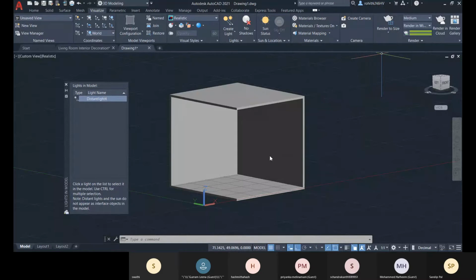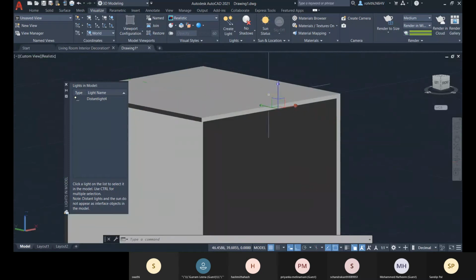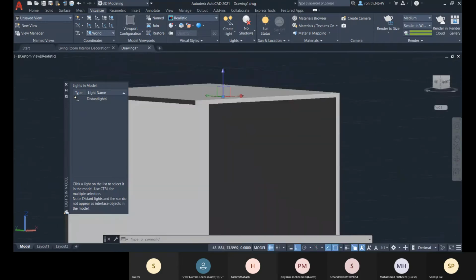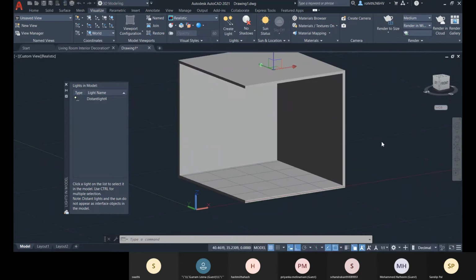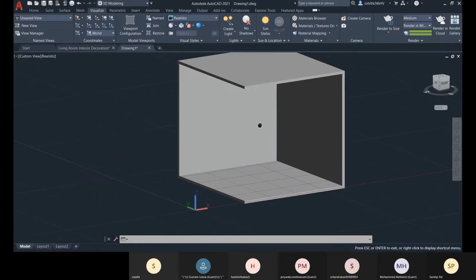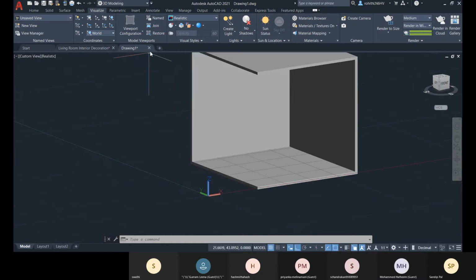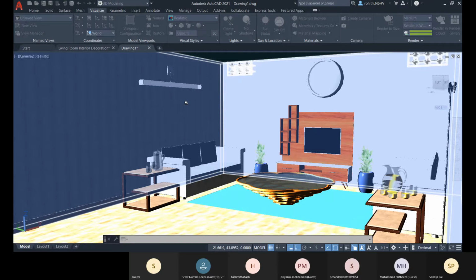Then go for render size. There you can see. So you can go for change in the position. Okay, so about this distance light, I'm leaving it. Okay, so about placing all the lights,